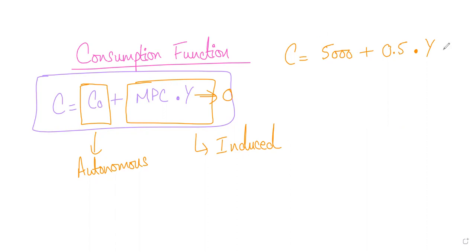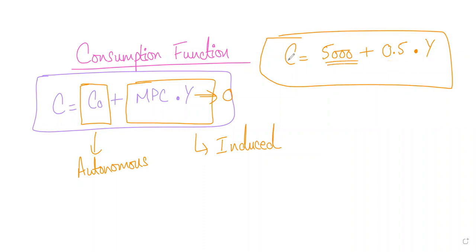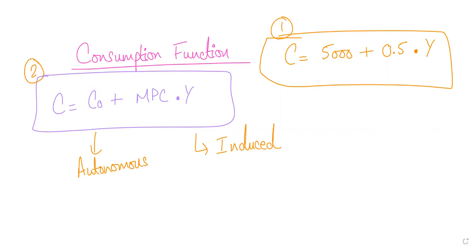Now, I have rewritten that equation, the consumption function that is written on the left. The only difference between equation 1 and equation 2 is that in equation 2, I've substituted the values. So C naught is 5000. Now, what does this mean? It means that even if I take Y to be 0